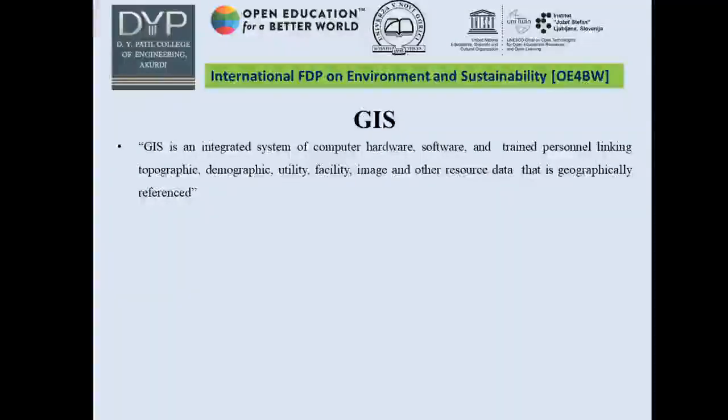The advantages, if you come to it: it has potential for storing and accessing large data. We can get the data of a remote place where we cannot enter, and work will progress very fast. It can generate descriptive and analytical statistics, and can generate maps for output. However, many commercial GIS are very expensive and require highly trained persons. Actually GIS are not specifically structured for EIA work. There is a lot of physical work going on that should be done, and it is very expensive. So these are the drawbacks of GIS.